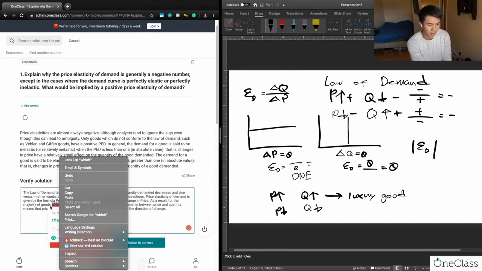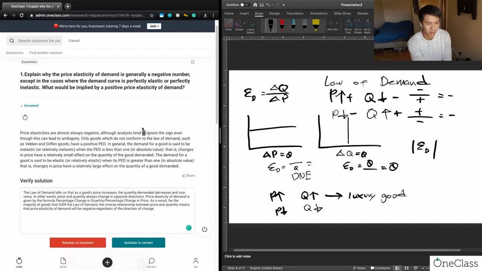So that's going to fill in a little bit of the gap in this answer choice. But other than that, this answer choice does a great job of